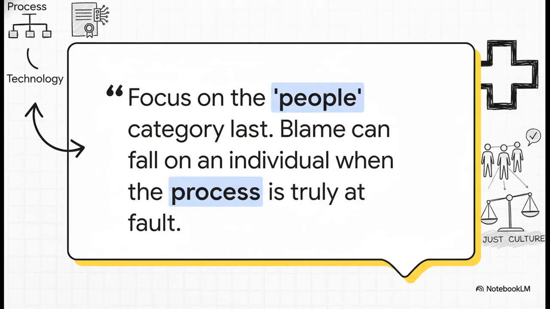And here is a huge pro tip from people who do this for a living. Save the people category for last. Always. Why? Because it stops the natural human tendency to blame an individual. It forces the team to look at the system first, the processes, the policies, the tools. More often than not, what looks like human error is really just a person struggling with a badly designed system. This whole approach helps create what's called a just culture, where the focus is on fixing the system, not pointing